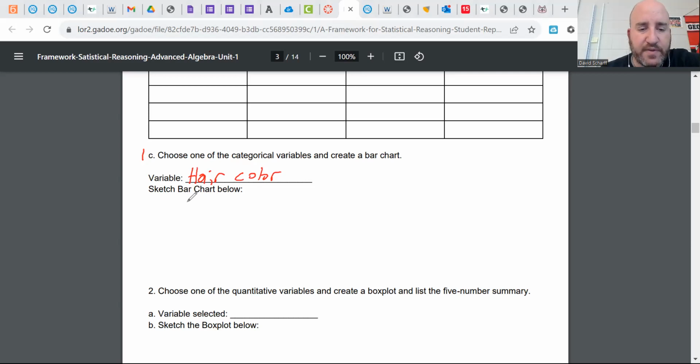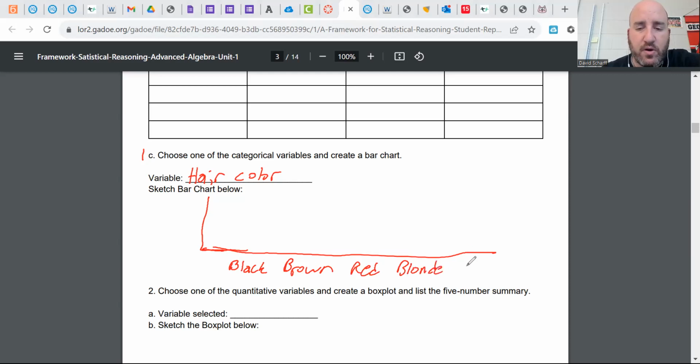So when you're doing a bar graph, some of y'all didn't remember what it looked like. It's a 2-axis graph. When we did the dot plots in the first lesson, we just had the x-axis. Now we got to throw the y-axis in here as well. So we're going to say someone has black hair, brown hair, red hair, blonde hair, or, in honor of Coach Sharf, we'll put Mr. Clean. So let's say, I don't remember the exact numbers I used in class, and the order of these might have been different, but let's say